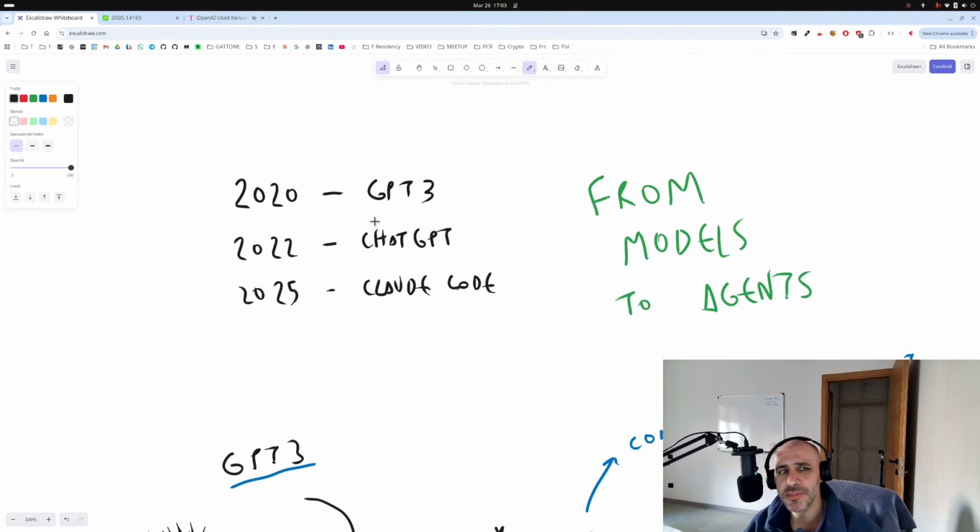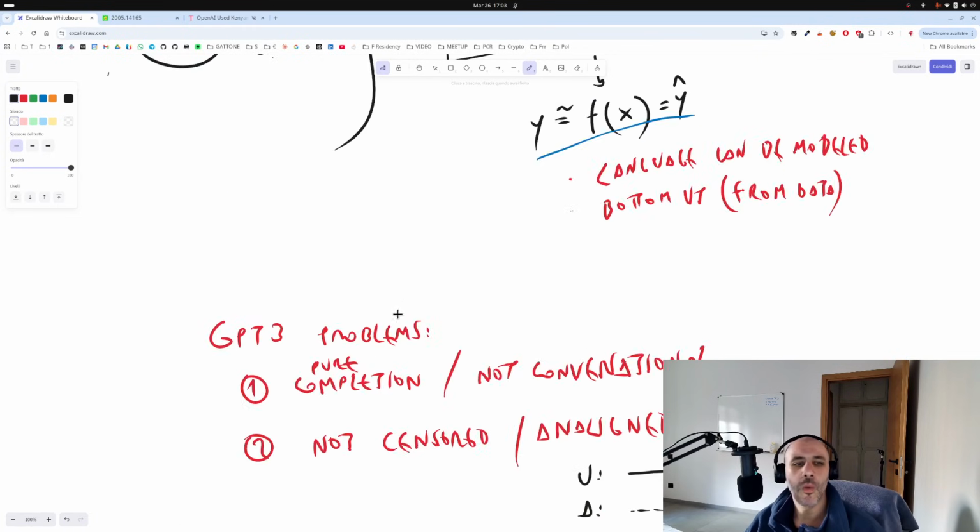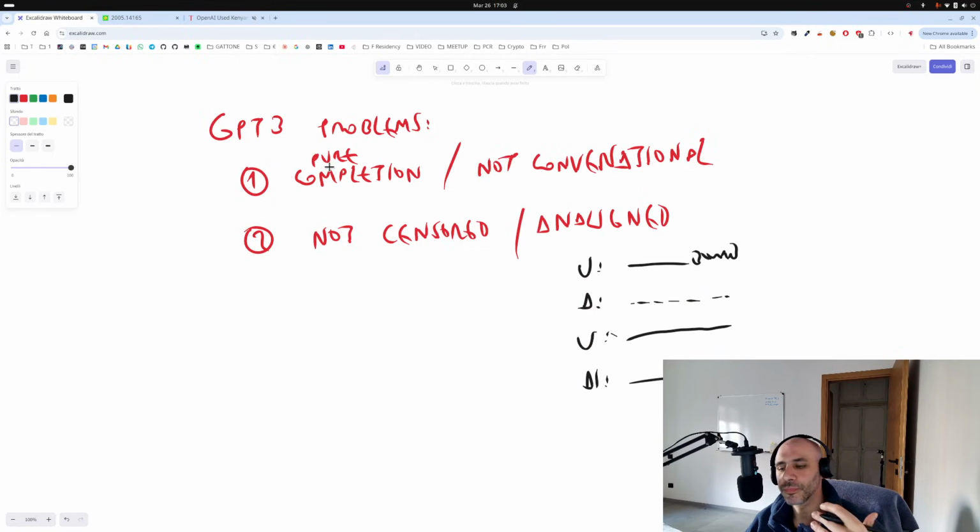There is a model in the middle called InstructGPT, if you want to go deeper into this. By the way, GPT-3 was a foundational model. ChatGPT was a fine-tuning of GPT-3 to be, one, conversational, so respect conversation terms, and two, being somehow aligned, censored in a specific way that OpenAI dictated.